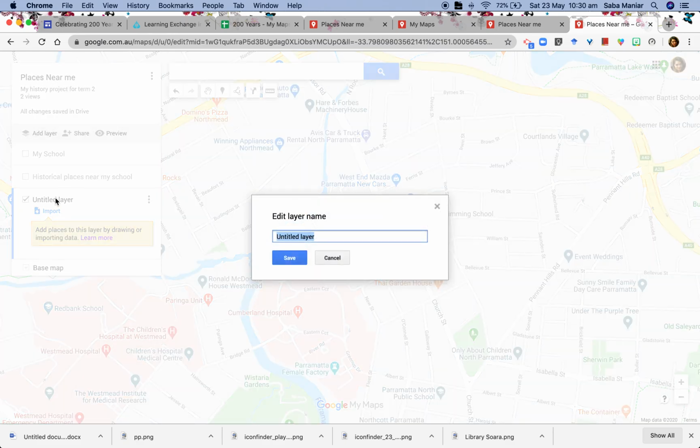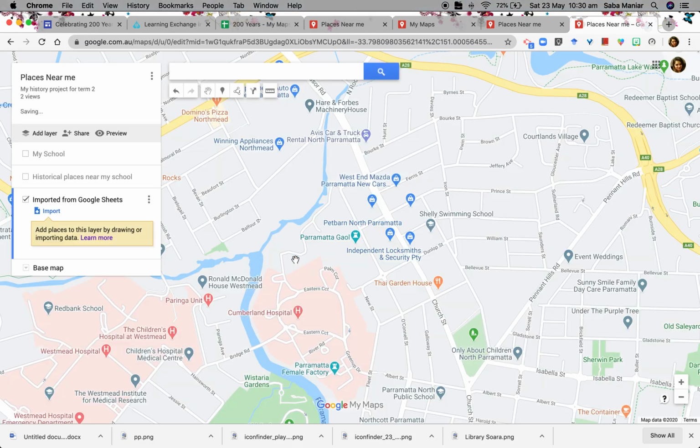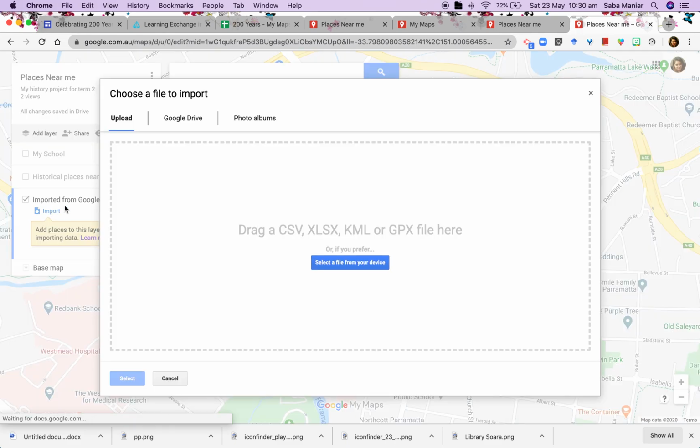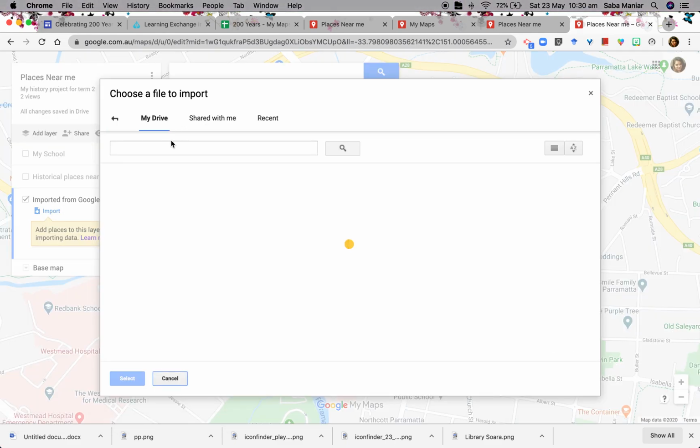And I'm going to call it imported from Google Sheets. Save that. See how you have this prompt here? You can add places to this layer by drawing or importing data. So what we're going to do is import, and we're going to search Google Drive for a sheet that I have prepared earlier called